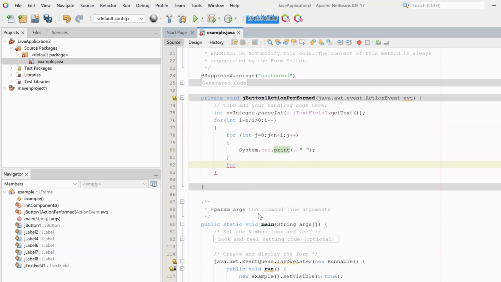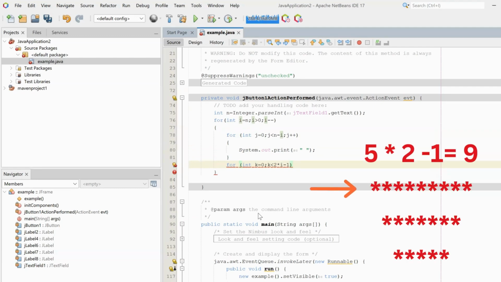Taking one more for loop. This time we are taking the for loop for the stars to be printed. Taking variable k equal to 0. And as I told you, the condition is to multiply by i and then minus 1.